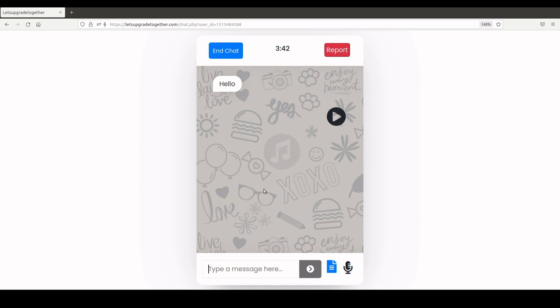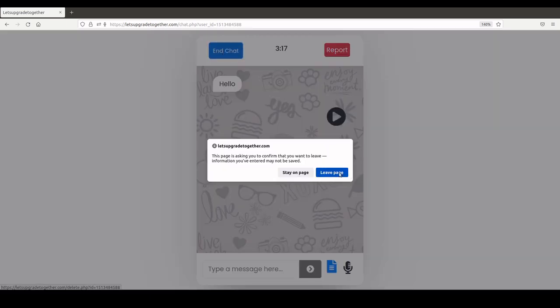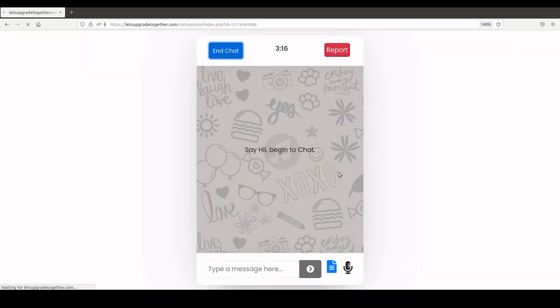So that's that. This is the current way you are going to maneuver through this application. You may report this chat if the behavior is rather unparliamentary. You may report the chat, and a report submitted successfully tab will appear right here. You may end the chat when you have successfully resolved the issue or your issue has been resolved by the other party. So you will hit end chat and then you'll leave this page, and that's about it.